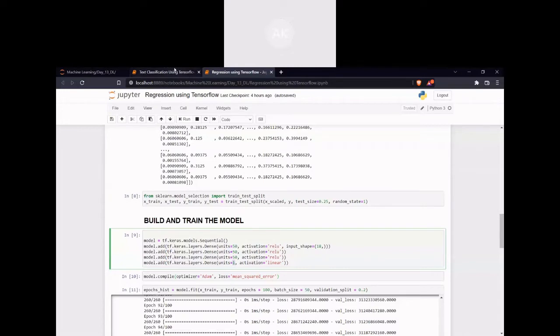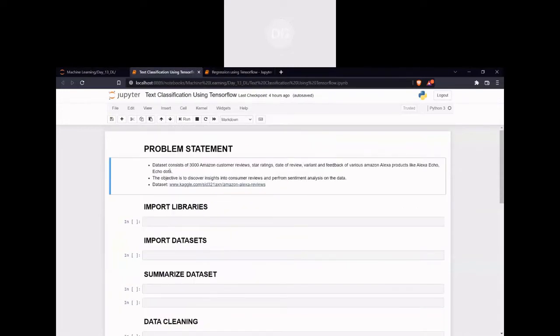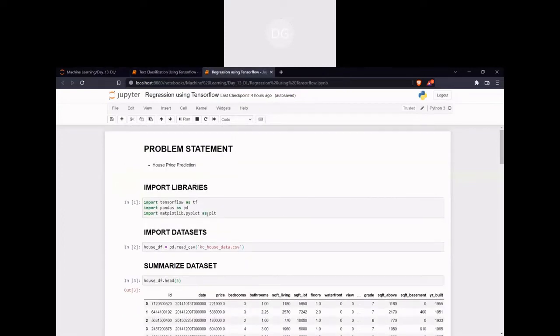Here I have mentioned we are going to take the Amazon customer review data. It is available on kaggle.com, this particular website, so you can click here and go to that website as well. To save time, I will just copy it from here.